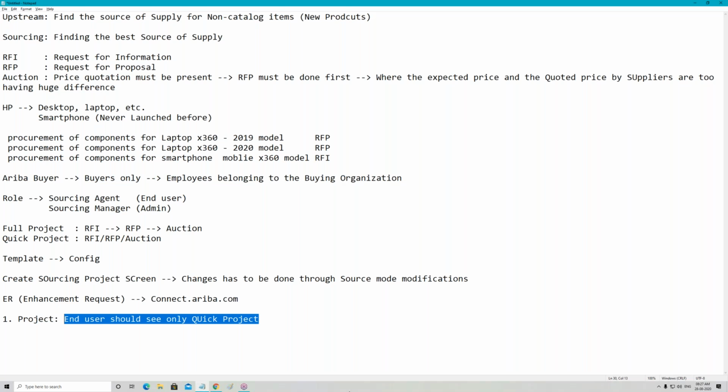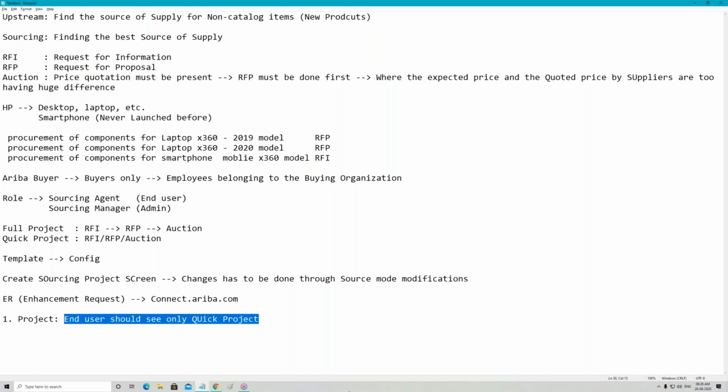the Ariba shared services consultant will immediately write you back: we are not getting your requirement, please specify your requirement more clearly. Why? Because most Ariba consultants fail to understand that those guys are not your average functional consultants. They are Java developers. Because Ariba was developed using Java, it is written in Java code only. So those guys are Java coders. They are not functional consultants. So you have to be very, very clear with them.